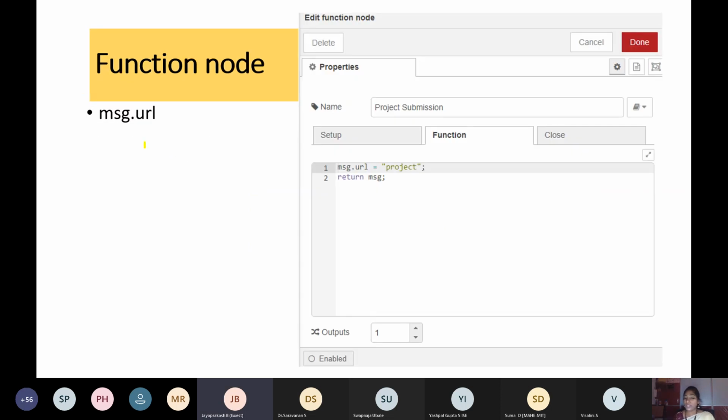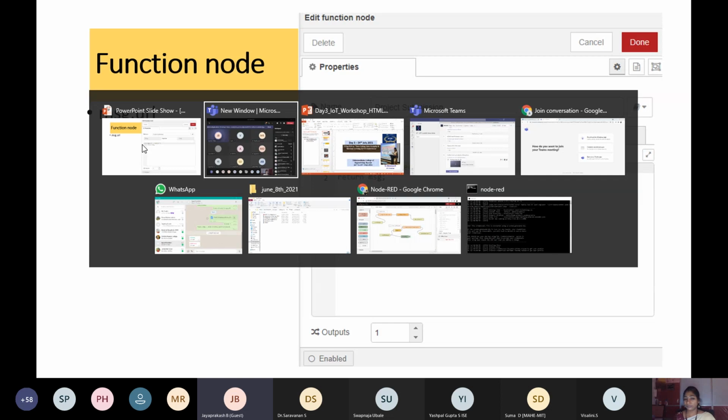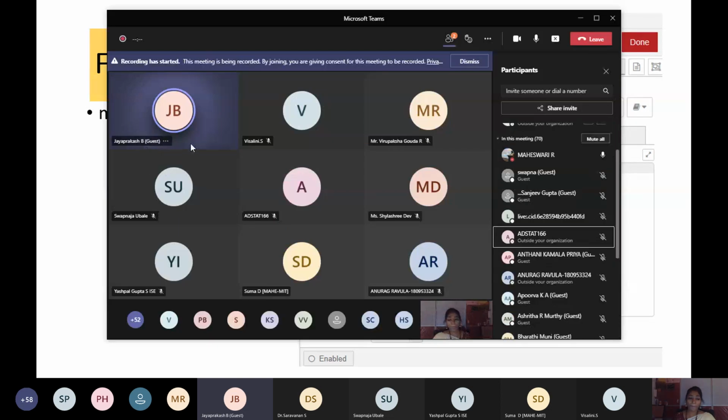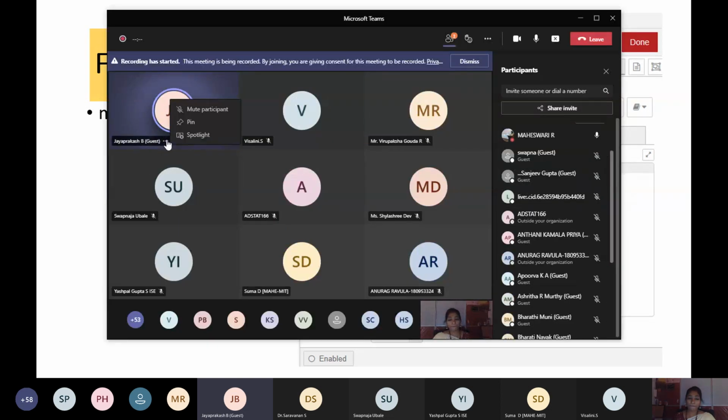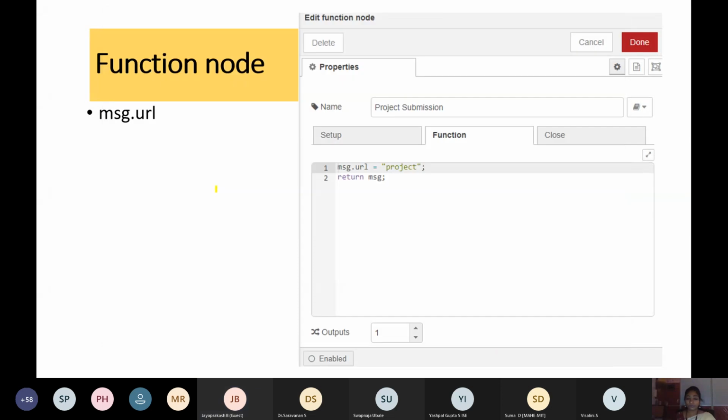Next, the function node. The function node is a very, very important node, which is going to help us in integrating your login form with the submission form.